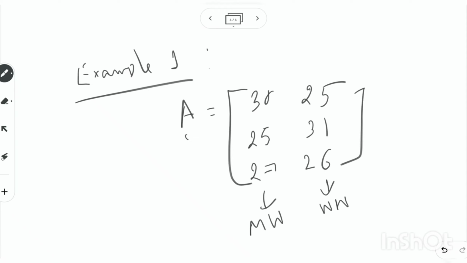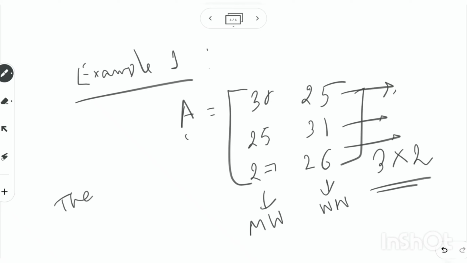What does the entry in the third row and second column represent? So represent the above information in the form of a 3x2 matrix. This is a 3x2 matrix, because here there are 3 rows and 2 columns. And the entry in the third row and the second column represents the number of women workers in